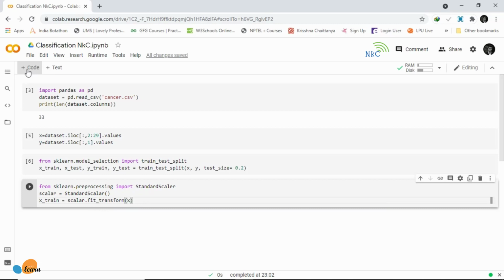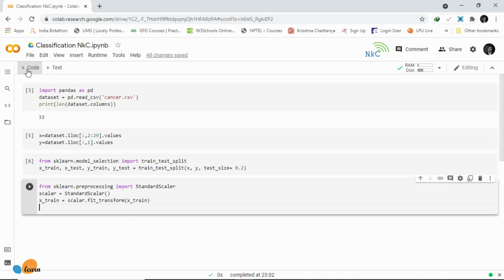If you put all numbers on the same scale, it's going to be easier for the models to draw conclusions, right? So we will say X_test is equal to scaler.fit_transform X_test. So run that.